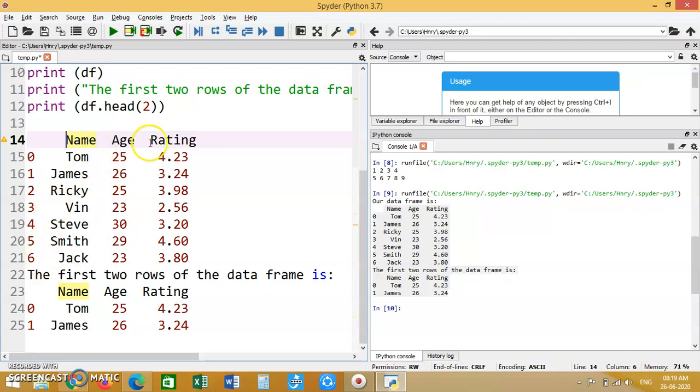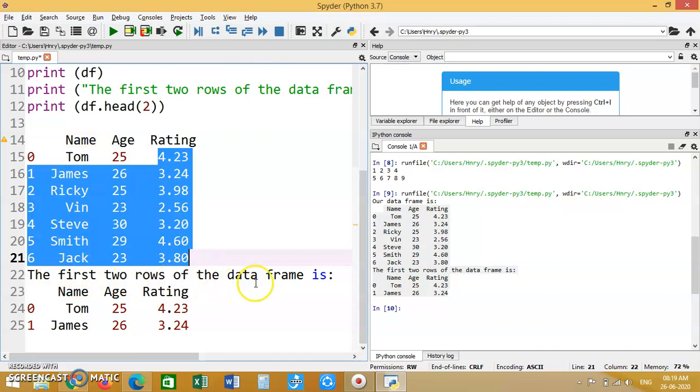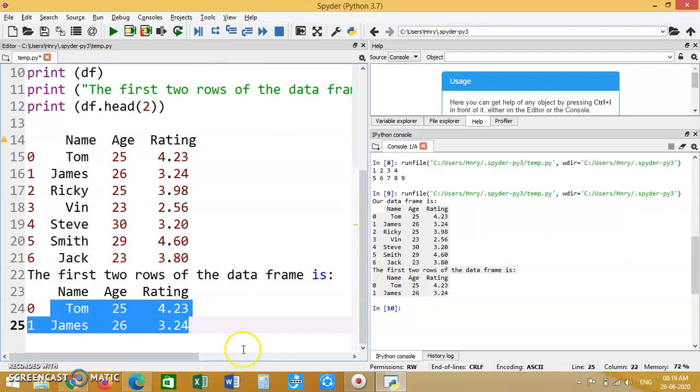Then here are all names, all ages, all ratings. The first 2 rows of the frame are Tom and James. These are the first 2 rows we have printed here using the head function.